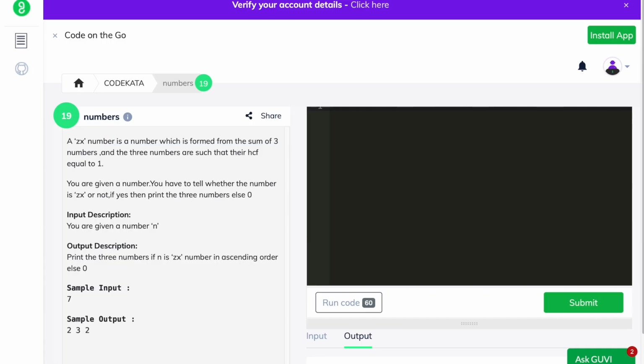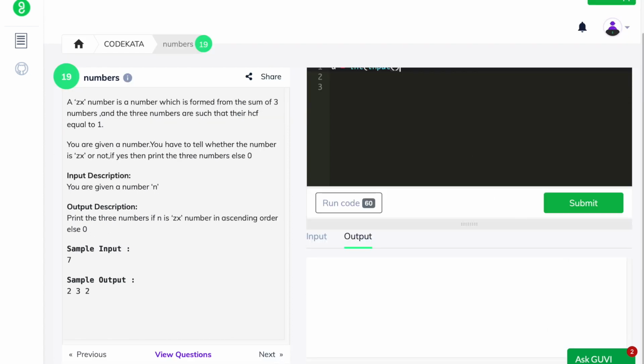In the 19th question, we are given a number and we have to determine whether the given number is zx. And if it is not, we print the three numbers which when added return the input value and have the HCF equal to 1. So we declare the input variable a and an empty list named prime. To store the prime numbers, we would use the prime list to sort and find the three prime numbers with HCF equal to 1. Well, this question is a pretty big one, so let's segregate it into three parts